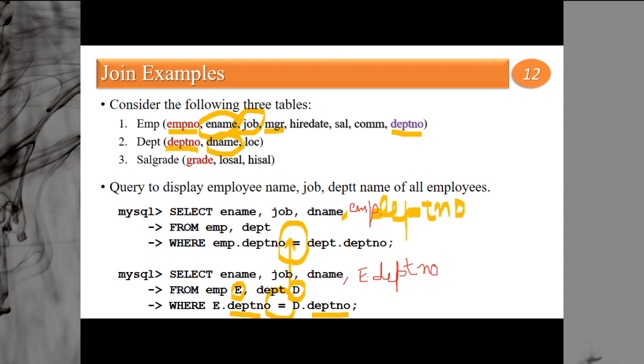So this is what you have to remember. If you are performing a natural join, that is, the common columns have the same name, then if you have to display the common column also in your select list, then you will use it with the alias or table name. Okay, you cannot use it alone. You will always use it with the alias or table name.